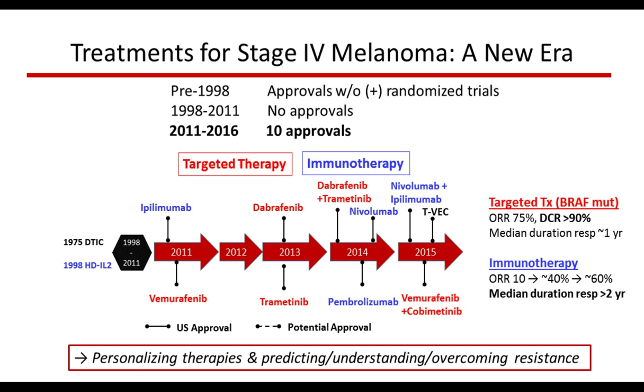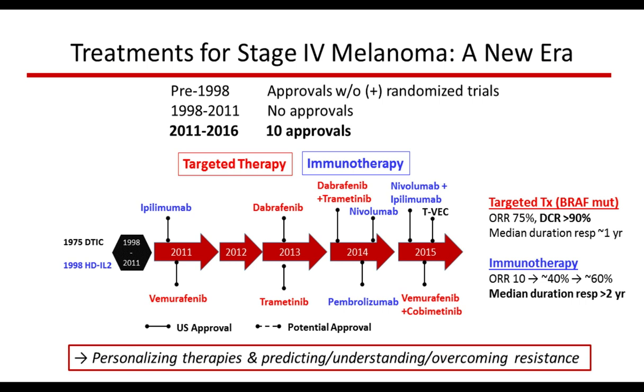Now again, as a researcher, we love to see breakthroughs in understanding, but what's been so rewarding in this field is how this information has been translated into new therapies. Up until 2011, the standard of care for a patient with metastatic melanoma was enrollment onto a clinical trial because of the futility of the existing FDA-approved therapies: dacarbazine chemotherapy, which has a response rate of only 5 to 10%, and high-dose IL-2, a therapy that was able to cure patients in about 5% of cases, but also had a treatment-related mortality rate of 1 to 2%.